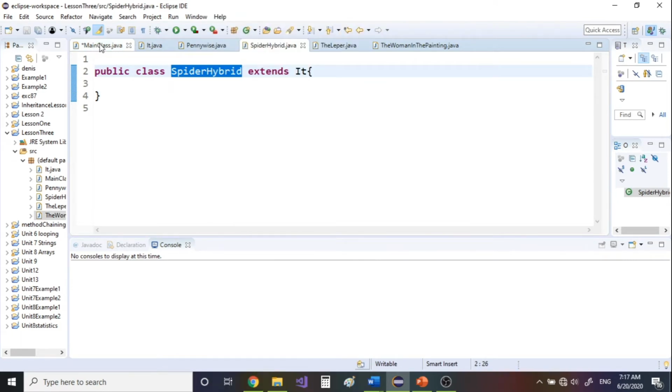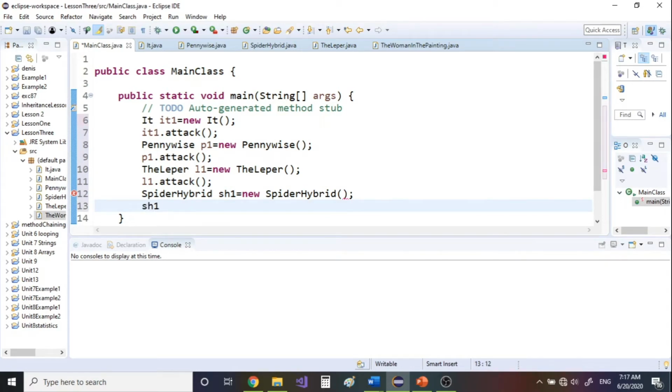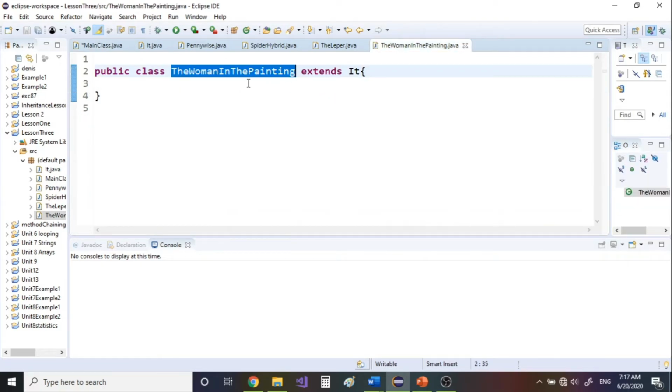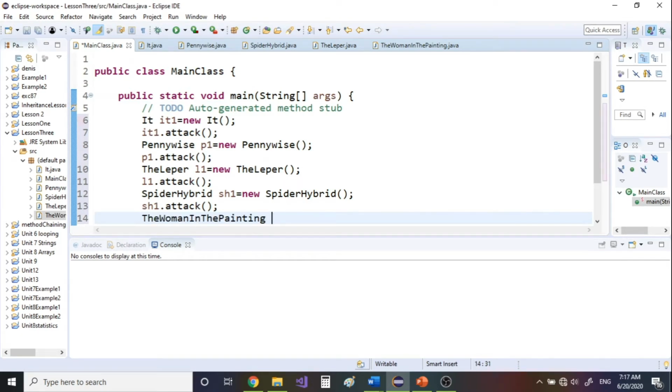Copy it. And let's go ahead and do it here. SH1 equal new, semicolon, then SH1.attack. And finally, we have the woman in the painting. Copy that. Oh, that's going to be a long one. The woman in the painting, PT1 equal new woman in the painting, and semicolon, and then of course,